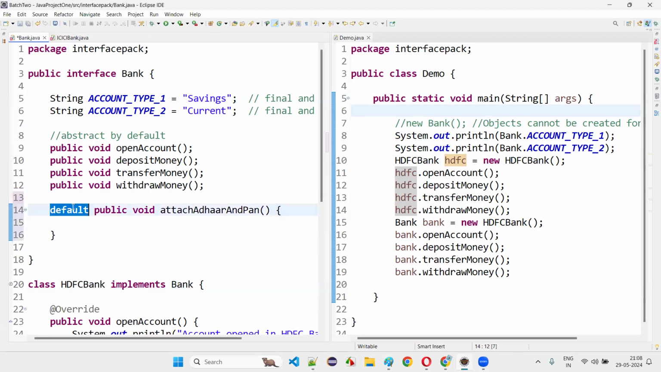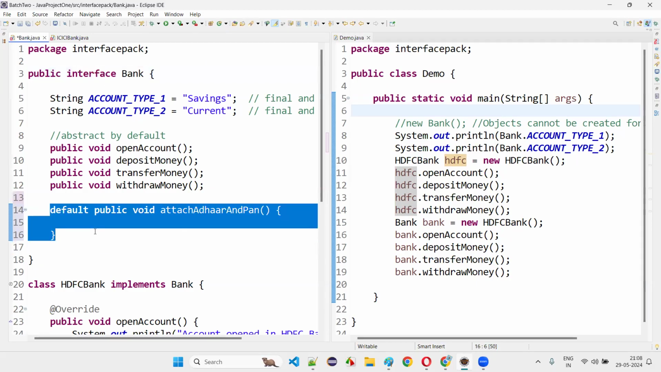Whatever method I mention with the default keyword, you see, generally in modifiers, the default keyword will not be there. If you talk about the previous topic, modifiers, the public keyword will be there, the private keyword will be there, the protected keyword will be there, but will the default modifier keyword be there, yes or no? In case of modifiers, the answer is no, the default modifier keyword will not be there. But when you are creating a method,